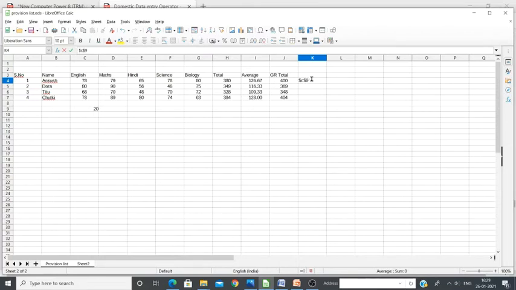Using absolute reference, you can drag towards vertically or horizontally, any direction you can move the formula, which is going to be constant.